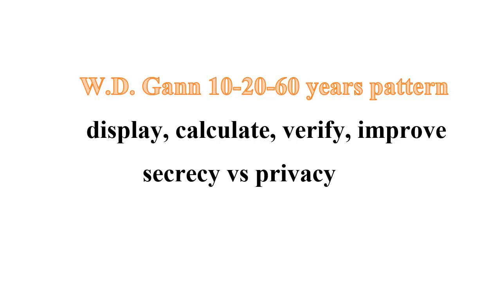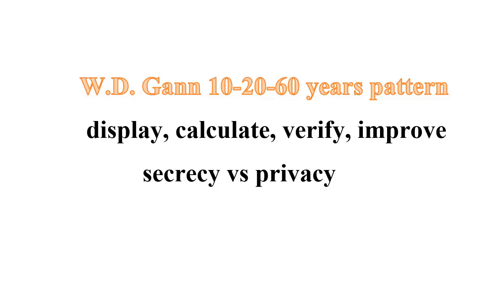But I would like to mention that actually this is not my point of interest, because every time I ask why 10 20 60, I do not get the answer. This is kind of secrecy or privacy, I don't know. Of course we respect privacy. Of course we understand that sometimes knowledge is classified, but secrecy, this is not mine. But in any case, users ask me the question, and I will show you how to work with this pattern